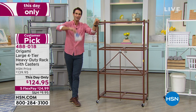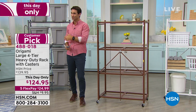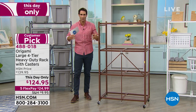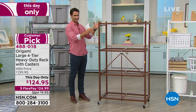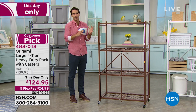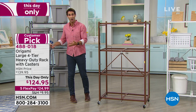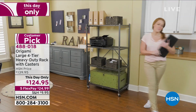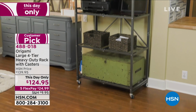So if you're shopping with me this morning and you heard me say I'm going to help you get organized, and you're looking around the home, room to room, thinking, where do I put this stuff? First of all, use that vertical space. Vertical space is so useful. It's something that a lot of us don't think about. We look left and right. Things end up on the floor, and again, you're having to get low. Maybe you're having to get down inside somewhere in the back of a cabinet. Now put it up